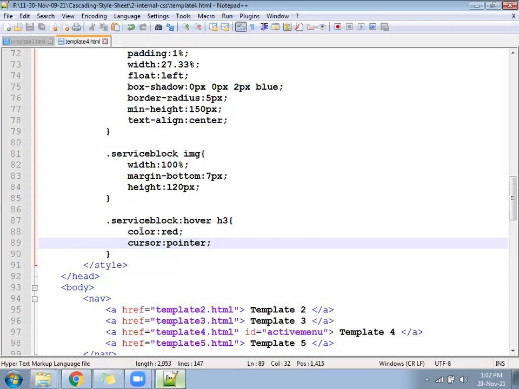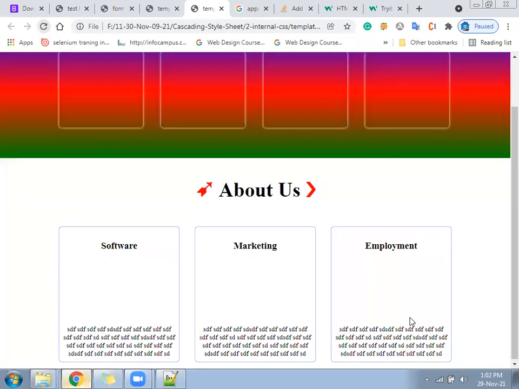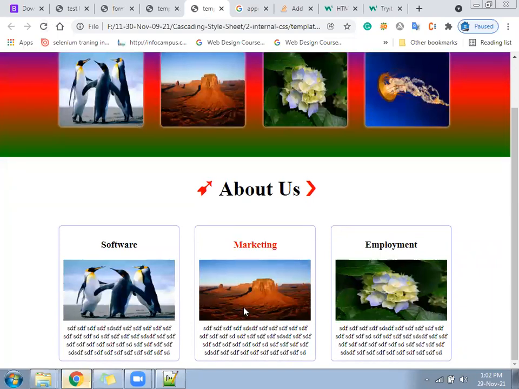Hope it's working. Yeah. The cursor is not converting to pointer.